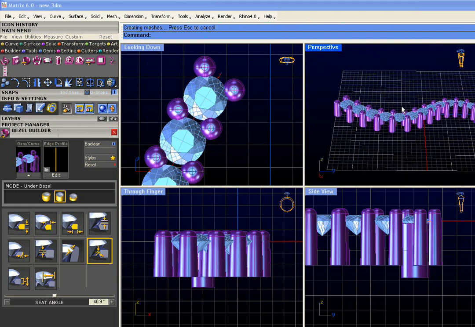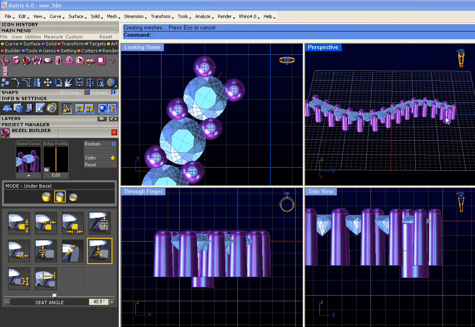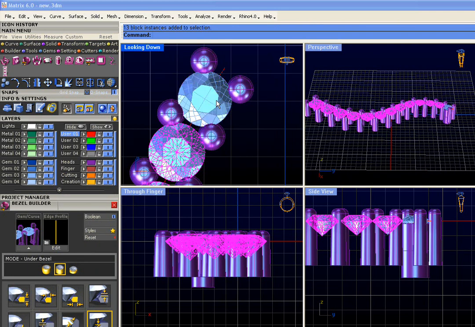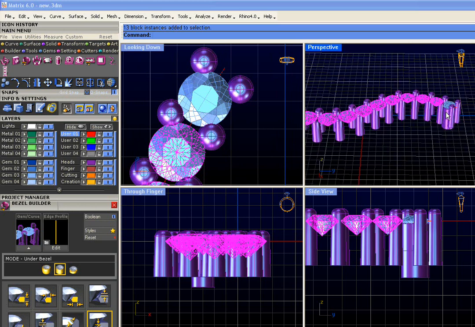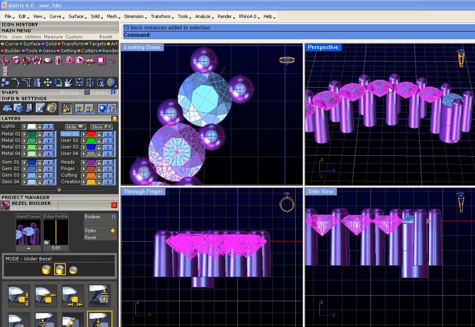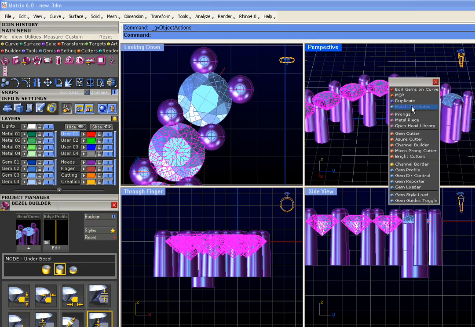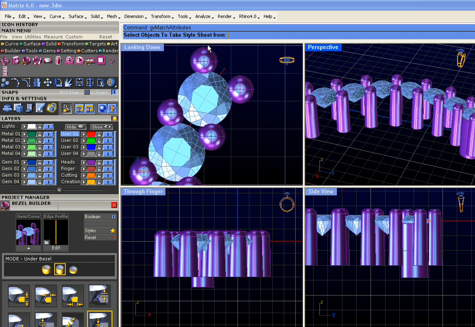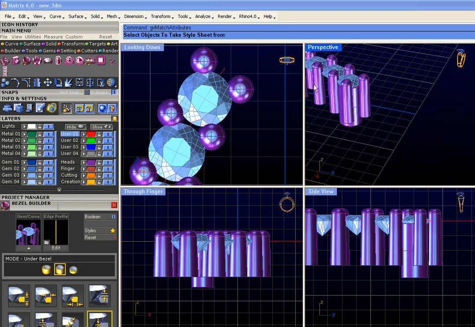So now I want to basically copy that under bezel to the rest of the gems. So I'm going to grab all of the gems. So I'll right click on the gem layer color swatch, and then I'll hold down Control and click on the smallest gem to deselect that one. Then I can hit F6 and go Match Attributes. It's going to ask me, select the objects to take the style sheet from. Well, that would be the gem,